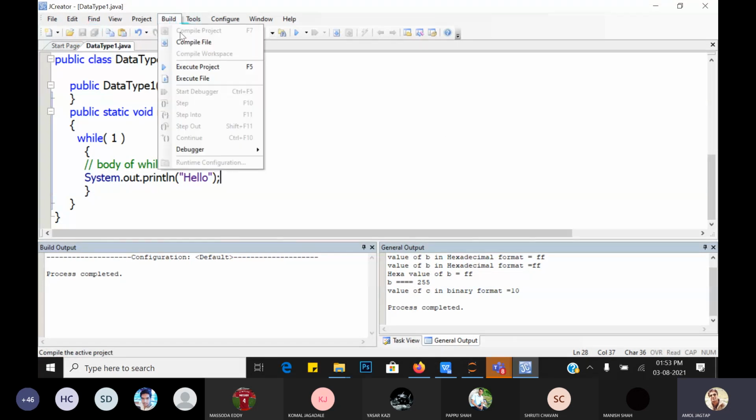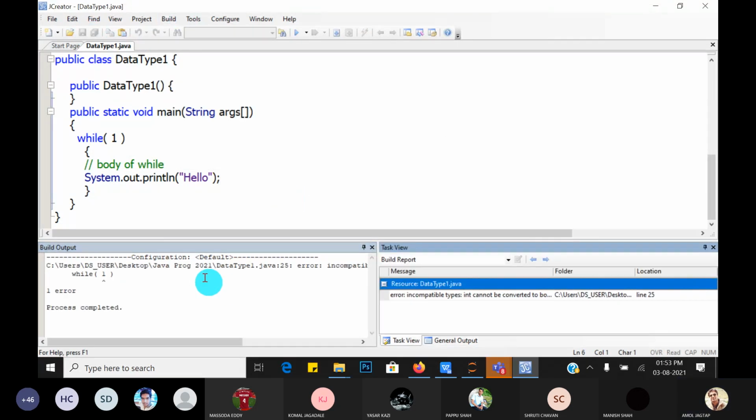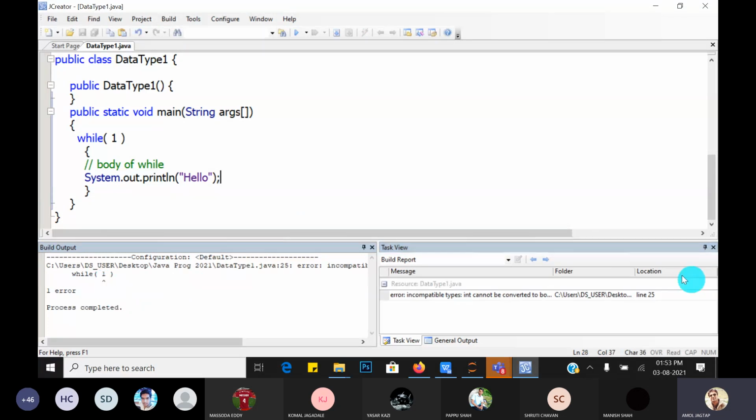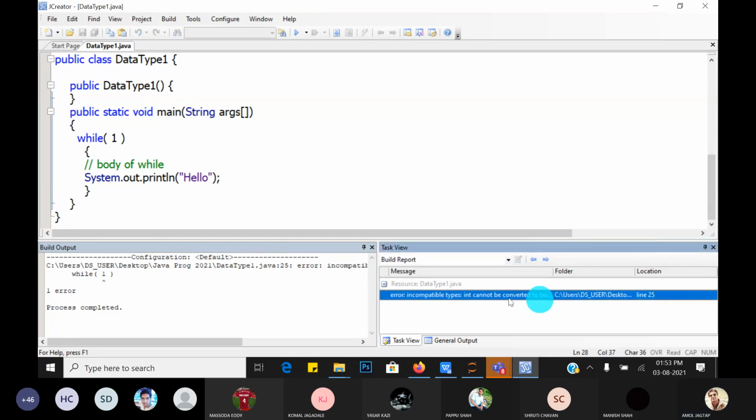No, not infinite time. Just compile it first. Oh no, it gives you a syntactical error. So what is the syntactical error? Incompatible types: int cannot be converted to boolean.